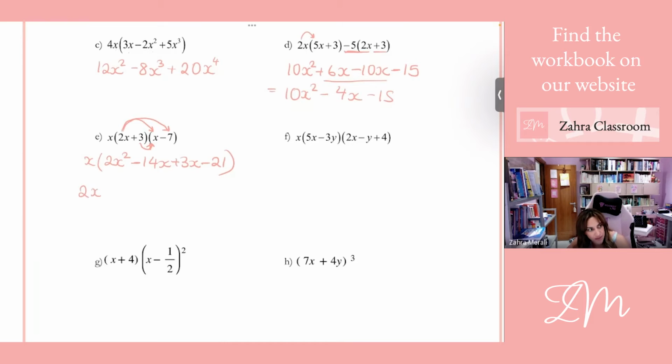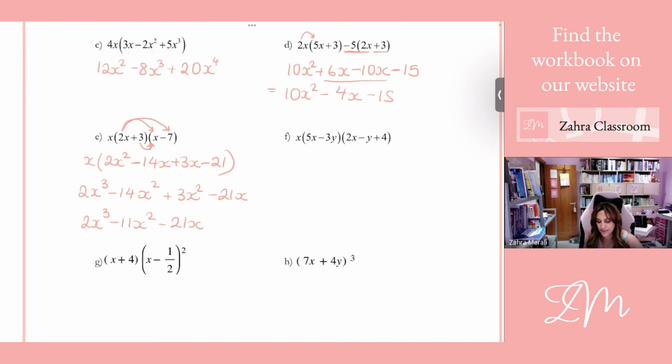So you get 2x cubed minus 14x squared plus 3x squared minus 21x. You could have simplified the x's together earlier. I'm going to simplify it here, where I'll get minus 11x squared minus 21x. Okay, in a similar fashion,